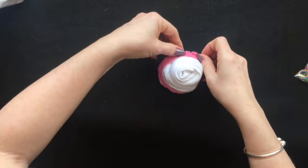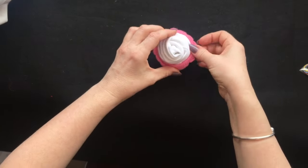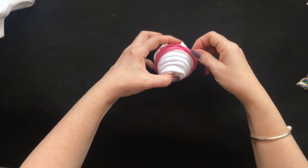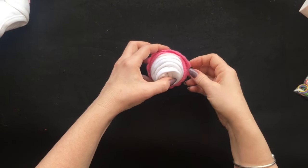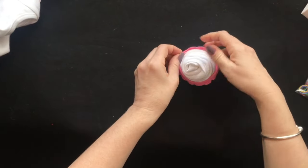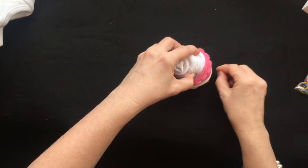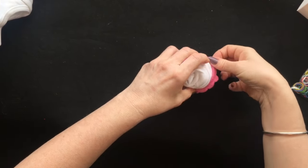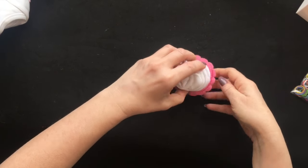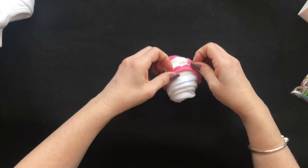Now, it depends how fussy you are. I always try to get the edge with the frill sticking upwards, because then, like I say, it looks more like icing. Doesn't have to be perfect, but like I say, the more time you spend on it, the better it will look. A little bit of patience maybe, and then just try and stand those edges. You can take a little bit more time, and then you've just got to try and make sure that it sort of